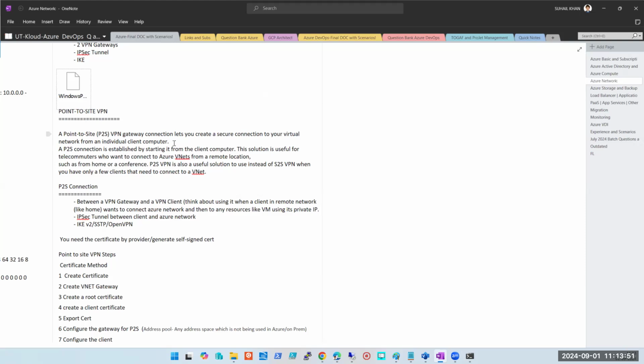Yes. Again, there is no other method to connect point to site. We cannot have ExpressRoute for a point. Point is an end user. मैं अपने घर से, I can definitely not afford, impossible to have ExpressRoute. VNet pairing not possible. मेरे लैपटॉप पे कोई VNet नहीं है. I'm not using Azure. There is no VNet. I'm not even using Azure. Right? So no VNet pairing, no ExpressRoute, nothing.